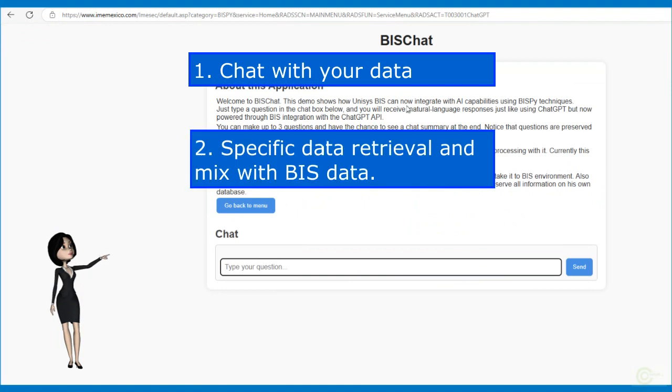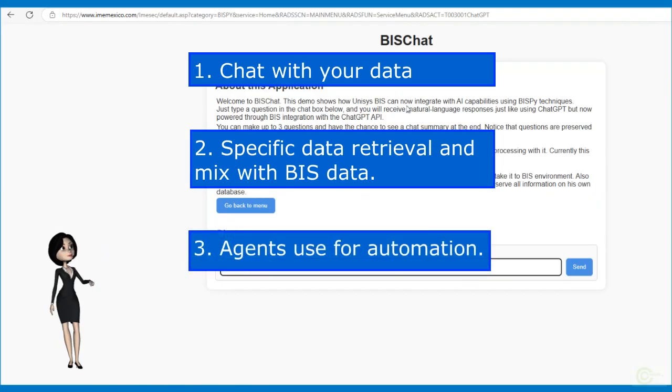2. Using a chatbot to search for specific information and integrate web information with that data. 3. Using the ChatGPT API with BA as agents for process automation to interact with BIS and send them to